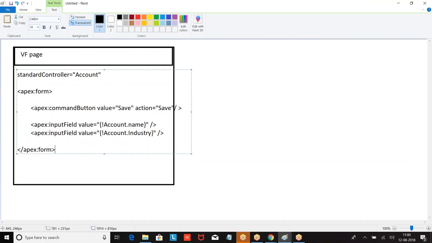To do this, we require Lightning data services. So can I say it is a counterpart of standard controller? In the VF page, you are using a standard controller. In the Lightning, we are calling it Lightning data services.